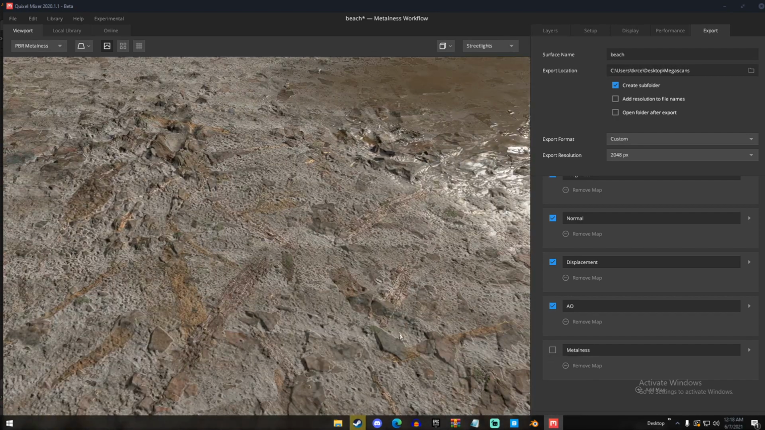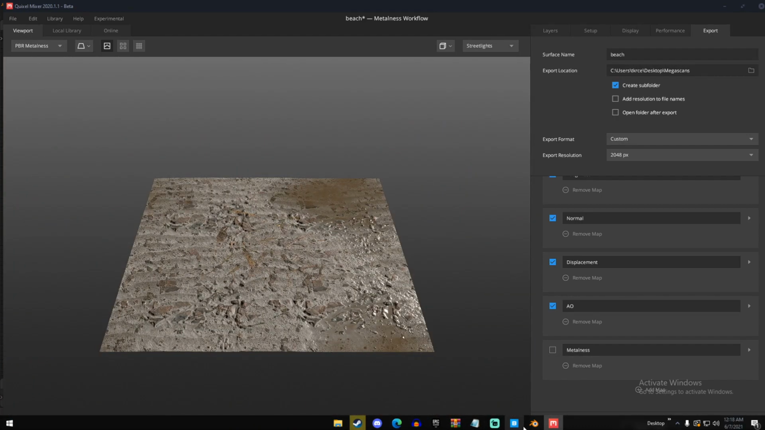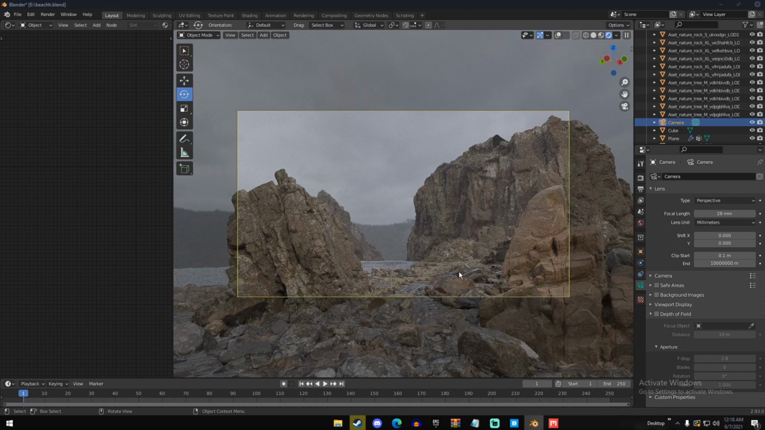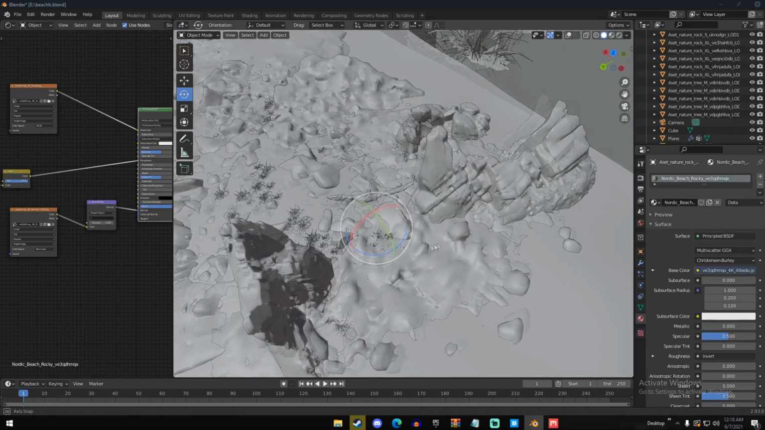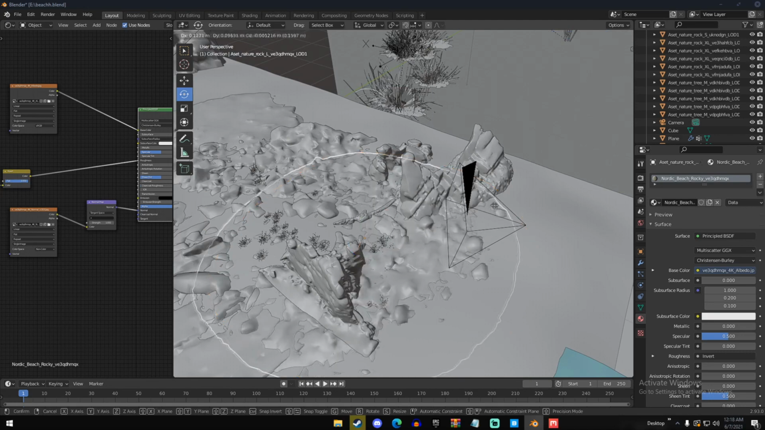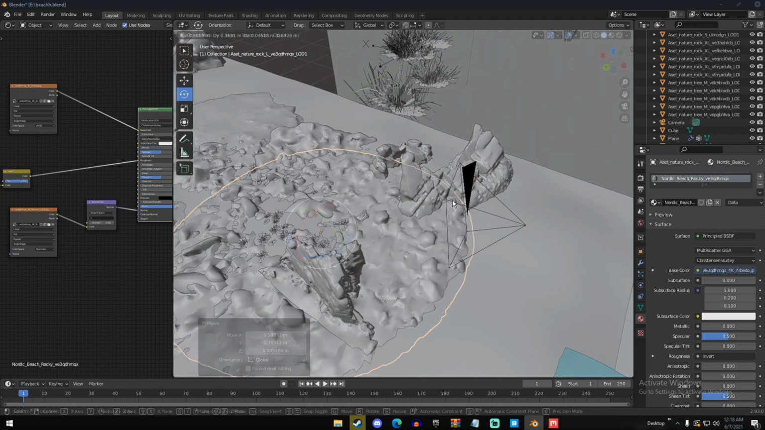You can download it for free. You can just download it, use it. But yeah, I think it suits the rockiness a lot better. With this new camera angle, I'm going to go ahead and move this whole thing this way,